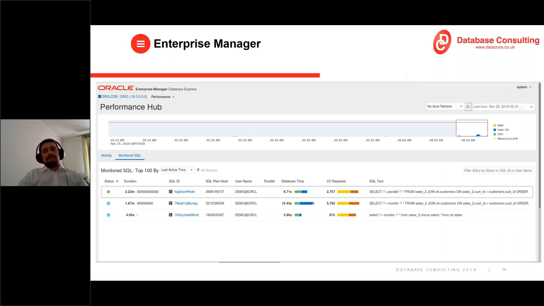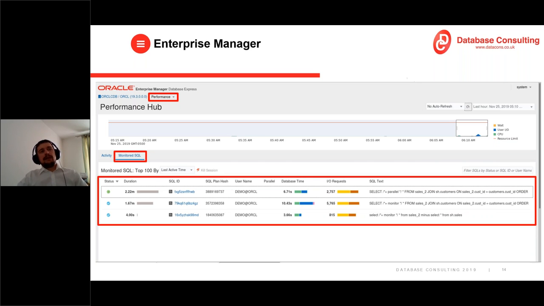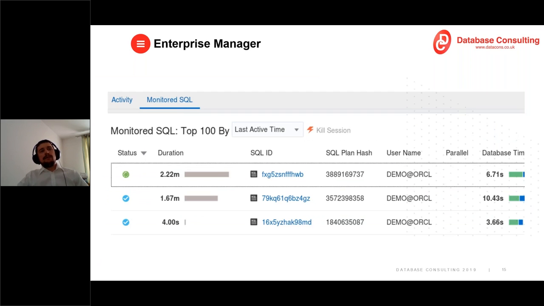Enterprise Manager is a graphical interface tool that exposes the SQL Monitor to us, and you can find it in the Performance section and in the Monitored SQL list. You will find there all the currently monitored SQL statements, and if you